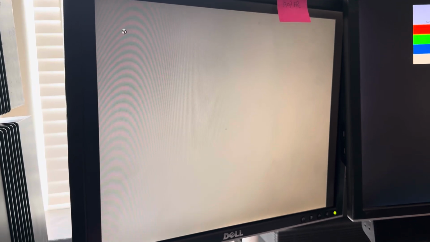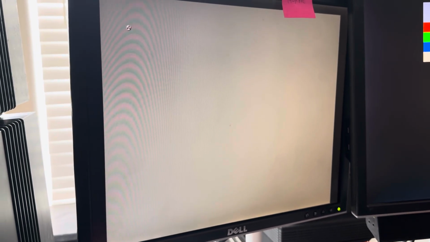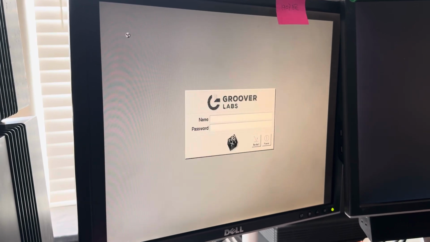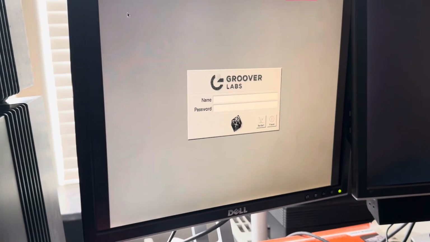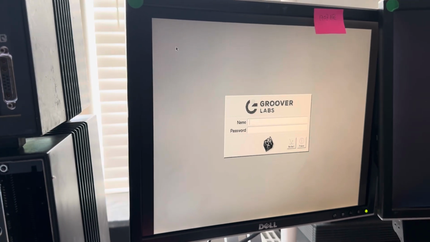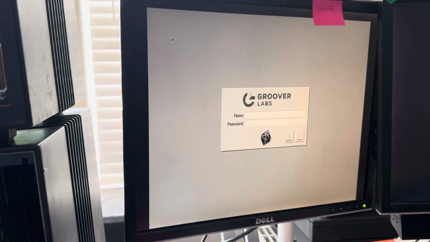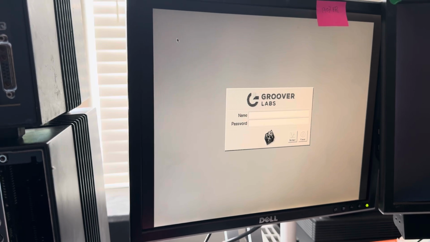And so far, so good. Let's see, the Groover Labs should come up here momentarily. And this is where I did that mod to the user lib NeXTSTEP login window app, I believe it's called. And you have to remove the app, change the name of the standard login window, change the name of loginwindow.app, and then you go in there and you find the login panel TIFF as well as the NeXT Halo